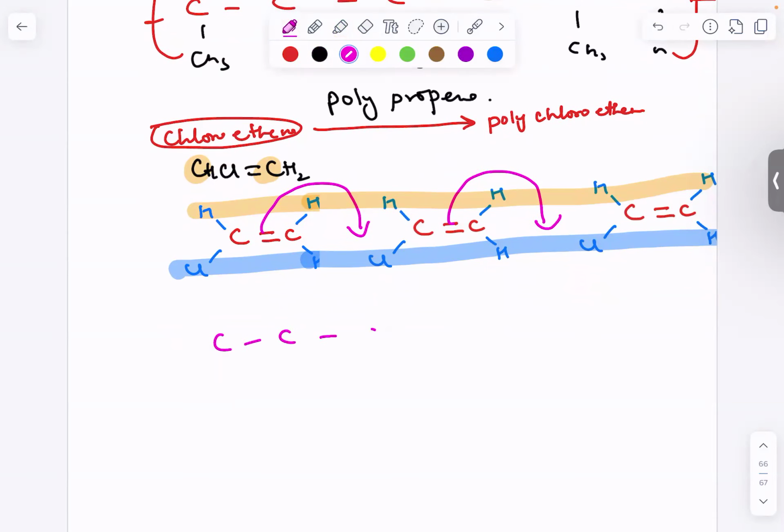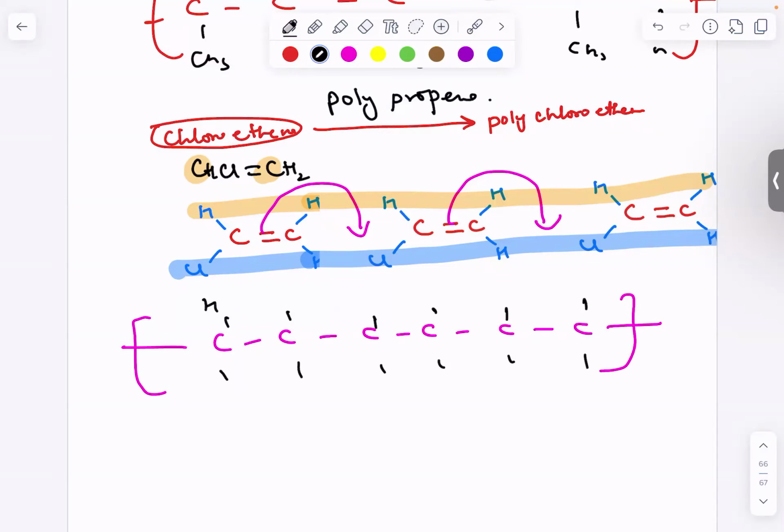So the question comes in the paper: what's the difference between polymer, monomer and addition polymer? The number of carbon atoms would not change. Keep this thing in your mind. That's a very important thing. Now you will simply do like this, and then H like this, and then